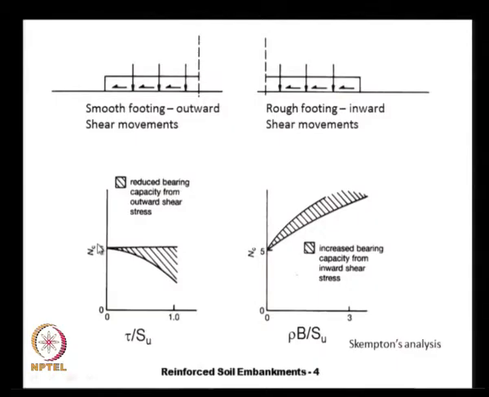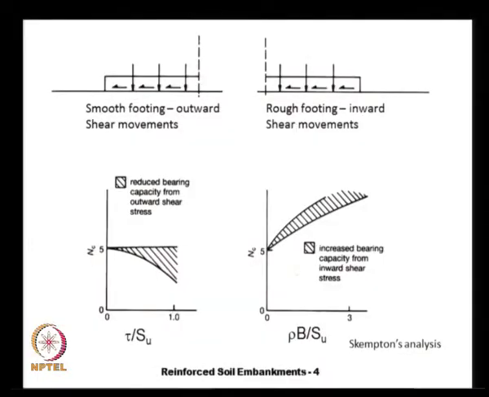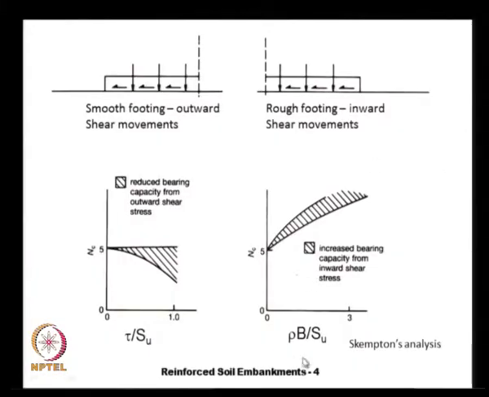That means that as we make the footing smoother, our bearing capacity reduces. On the other hand, if we have a rough footing wherein the deformations are inwards, that is towards the center, and he showed that in this case our bearing capacity factor Nc is proportional to the footing width. That means that as your footing width is increasing, your bearing capacity increases, and this is what is shown here